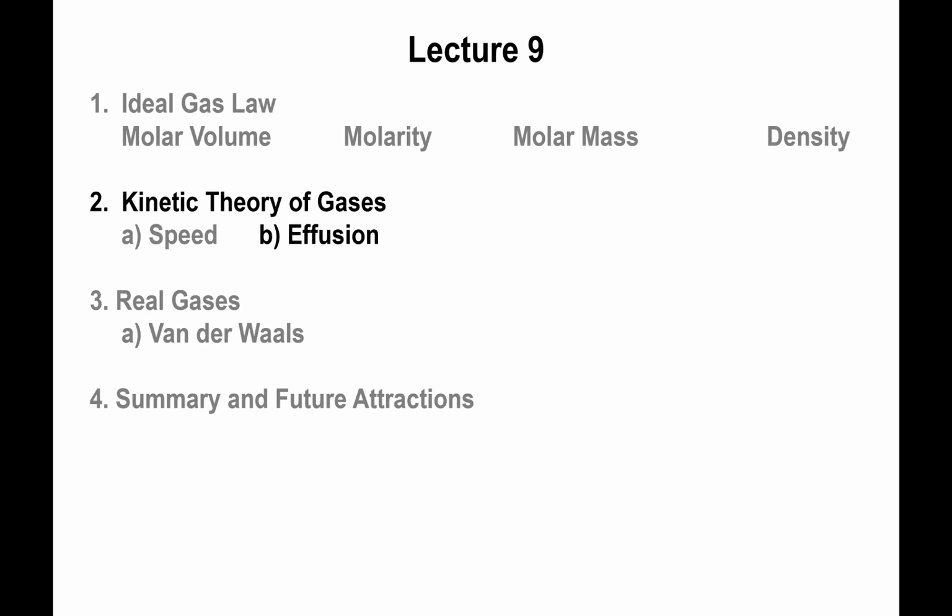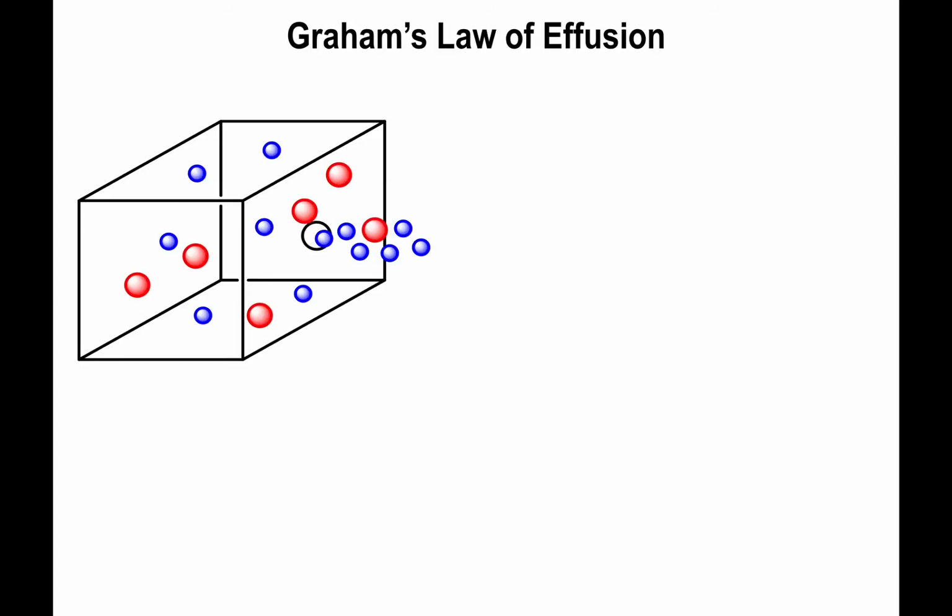Okay, so we finished talking about how to calculate the speed and the fact that we need to use a new value for the gas constant in order to find the speed itself. We're going to look at a related aspect of the speed of gases, something known as Graham's law